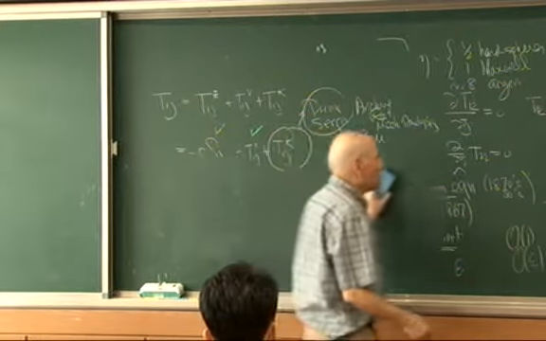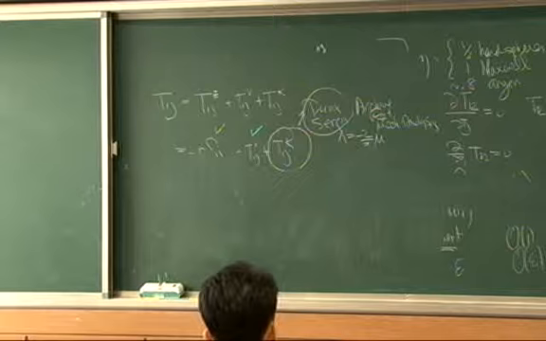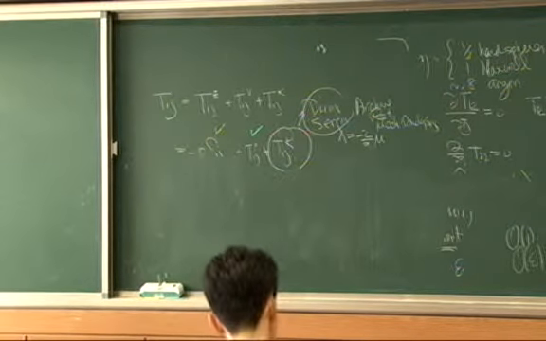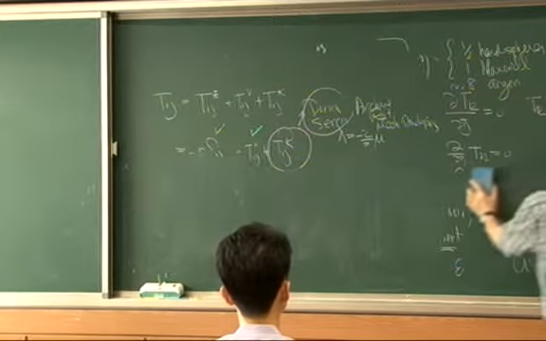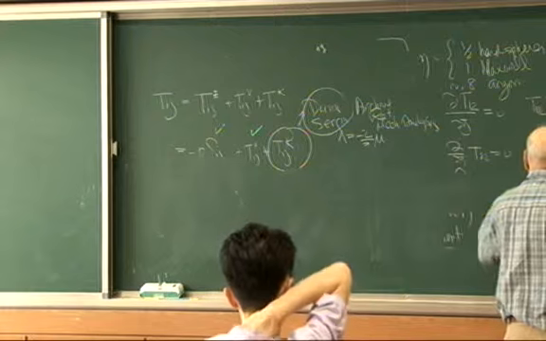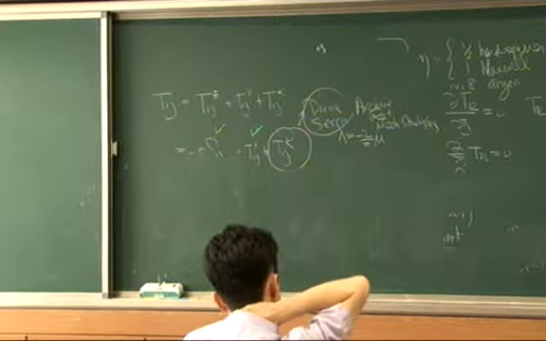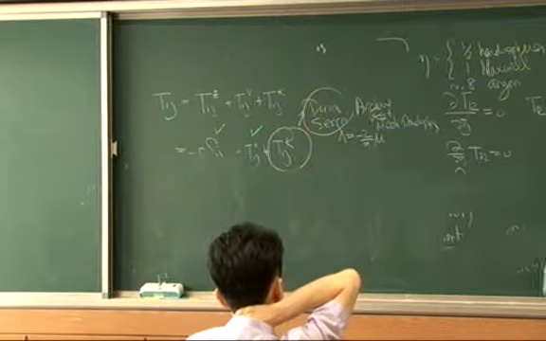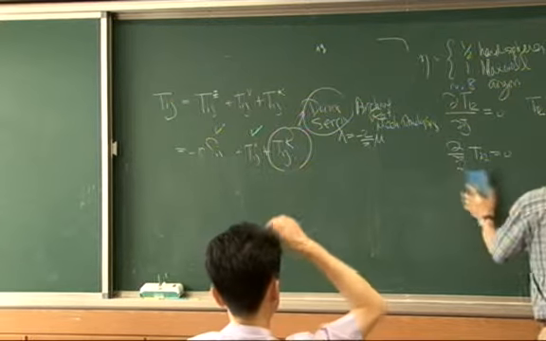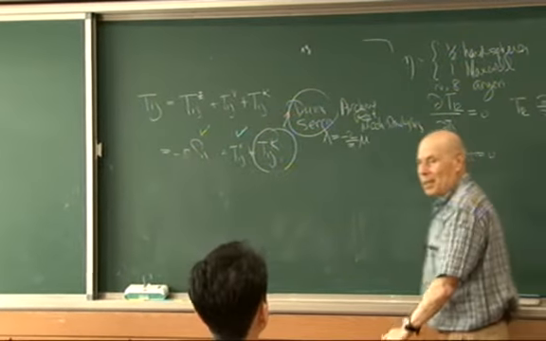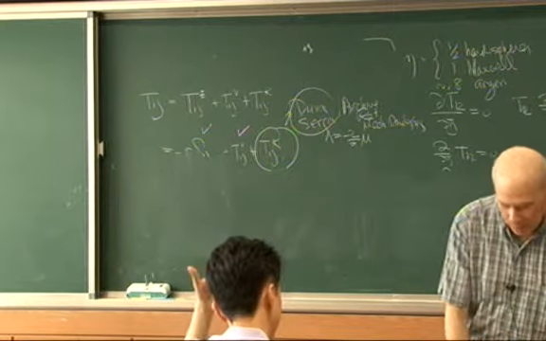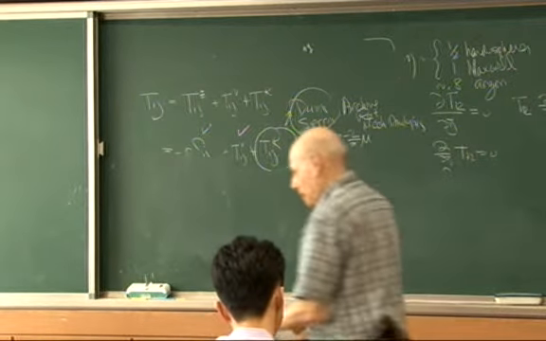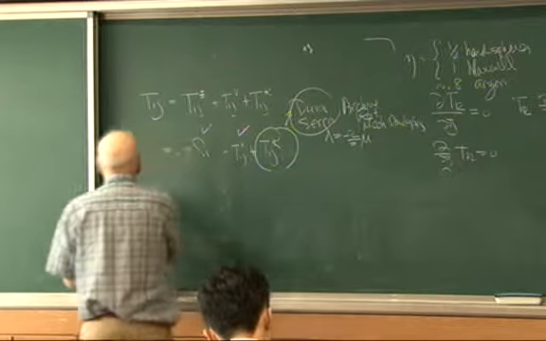Okay, so let's write it down. That's a lot of talk, but it looks like I'll need Friday too. But let's write down the T_ijk before going on. I advertise the T_ijk, and then next time we can solve the equations. The solving is the easy part. So the T_ijk